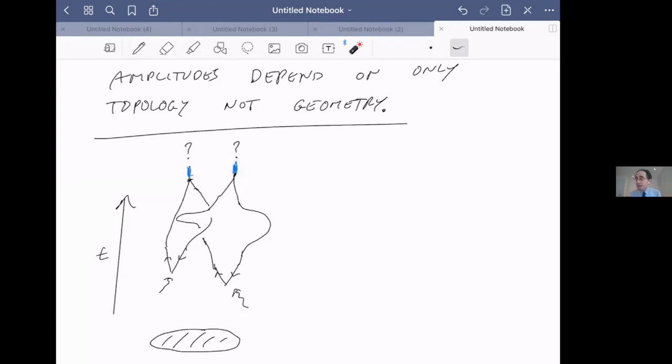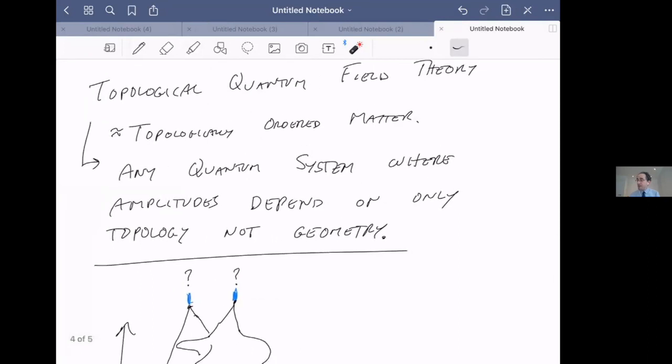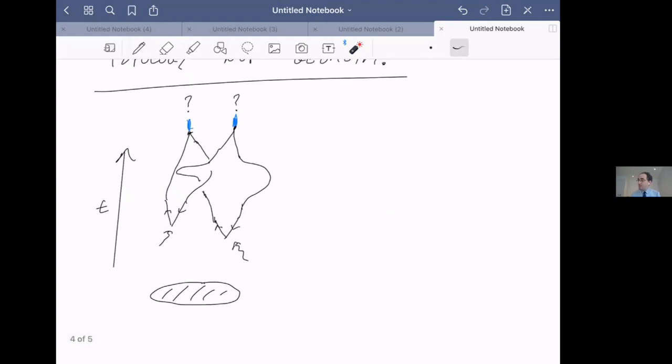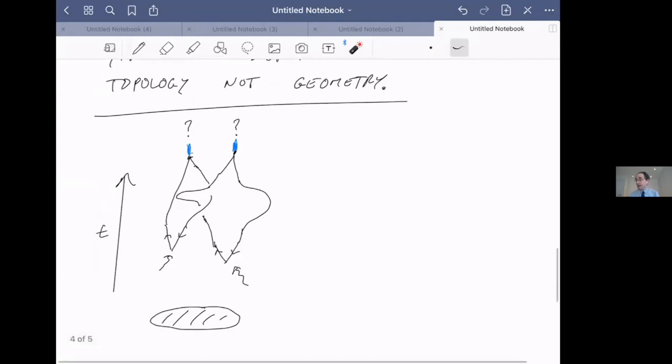because we're used to the idea that details matter when you do your quantum mechanical calculations, that things matter like how close the particles got to each other, and how fast they were moving, how long they lived before they tried to reannihilate. And I'm telling you that in a topological quantum field theory, or in topologically ordered matter, these things don't matter at all. The only thing that matters is the topology of the picture, the world line picture that has been created before the particles come back together and they reannihilate.